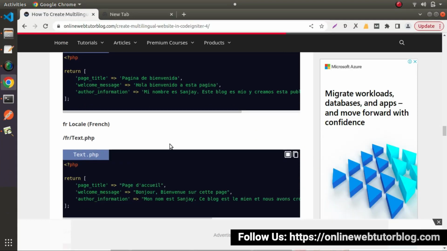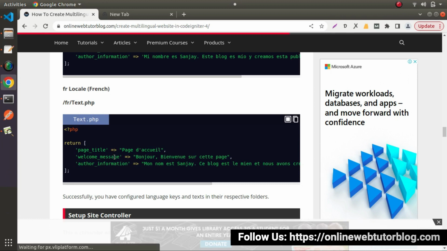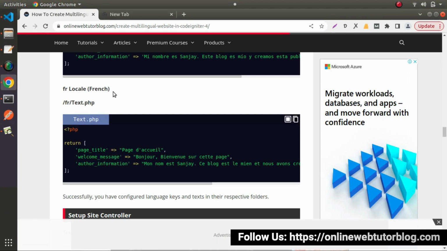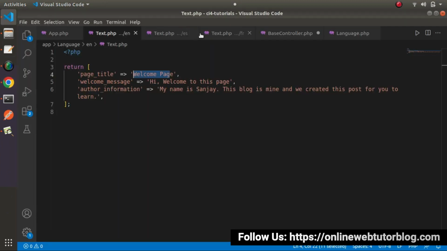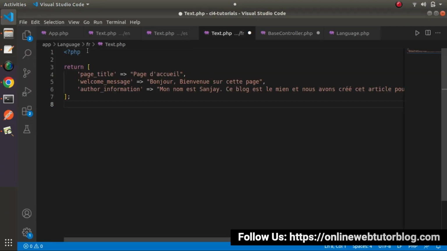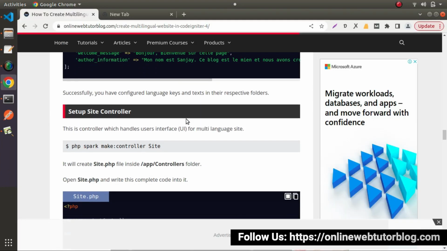Back to article. And finally we have our third locale, FR, for French language, and text.php. I will copy the whole code, go here, this is for the FR locale. In this file we have the same keys called page title, welcome message, and author information. Back to article. So all we have done, now finally we need to create a controller and a view file